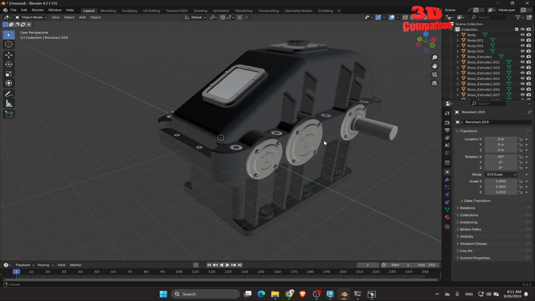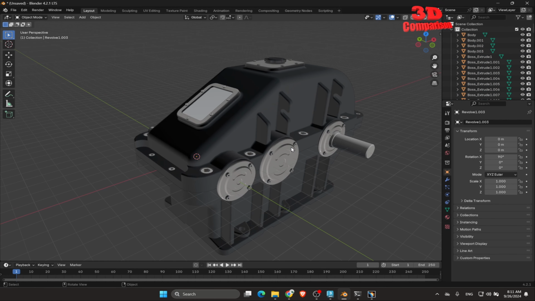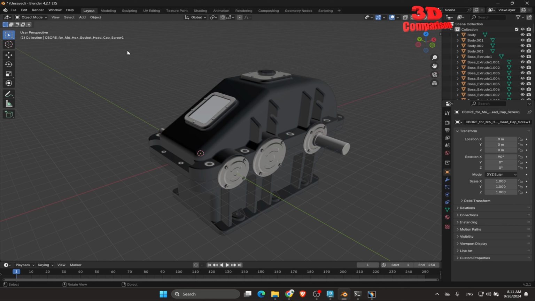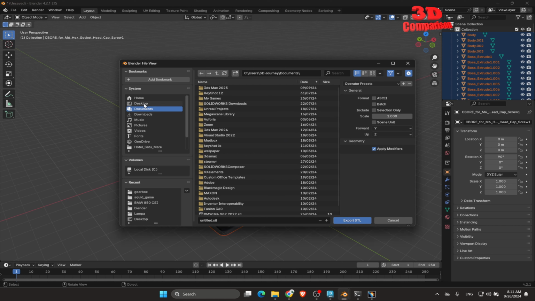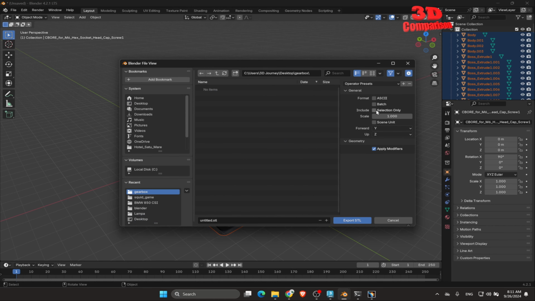We're also going to have the material. This is why OBJ is much more superior to STL files. We're also going to have individual elements over here. But now if I select everything, I will go to File, Export, STL. Again, within Desktop, within Gearbox. We're going to see that when we do this save as STL, everything will be merged together within a single geometry. So this is why STL is the least, let's say,